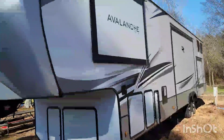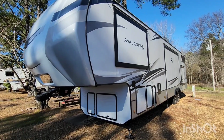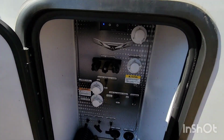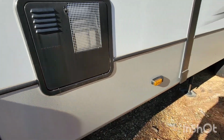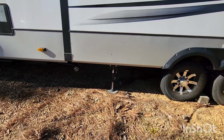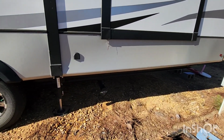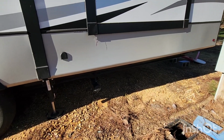So basically it's an Avalanche fifth wheel, and what you do is go around. It had a water line coming up here, so I disconnected that, and then I got everything stored inside. It had the black water tank. I disconnected that, wearing rubber gloves, and made sure it's shut off in there. Disconnect the gray water, and then